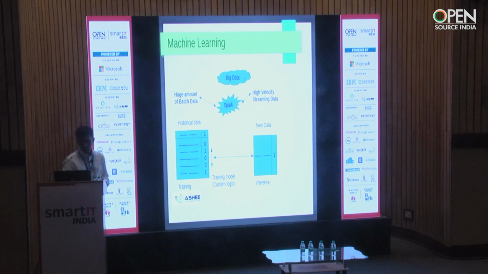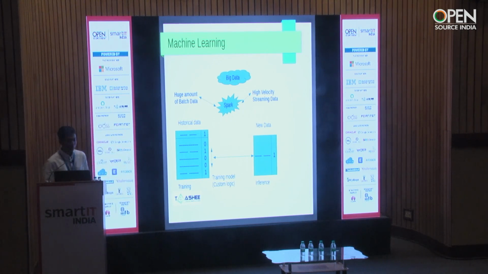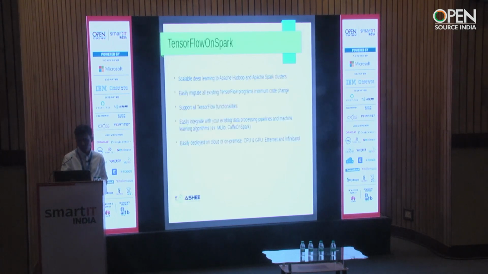iteration process of learning is multi-layered. So this is how a machine learning workflow basically looks like. We have two models. One is training and the other one is inference. In the training model, we push in a huge volume of historical data or batch data for training the models. And in the inference model, new data streams in, and it gets compared with the historical data, and whatever analytics we have done on top of it, or whatever custom model we have put on top of it, will determine which category the new data will be put in, and it will be added to the historical data